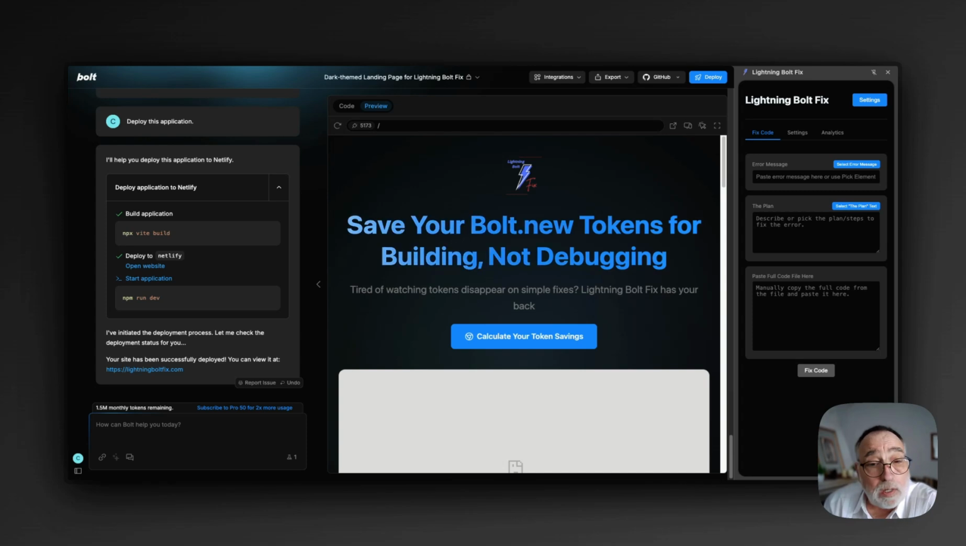Now, to be clear and to emphasize, this isn't a magic wand. This Chrome extension is not a substitute for Bolt. You still need Bolt to do the heavy lifting, the creation. But my extension helps you fix those errors and make those small modifications that cost you a lot of tokens in the long run. The way I do it is that if you use the Lightning Bolt Fix Chrome extension,